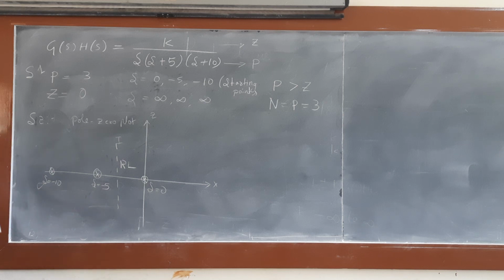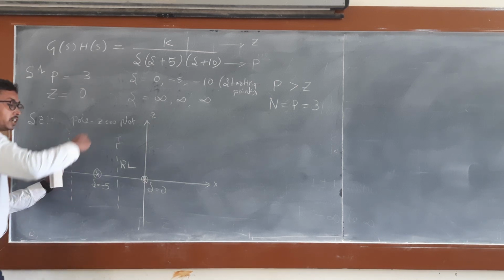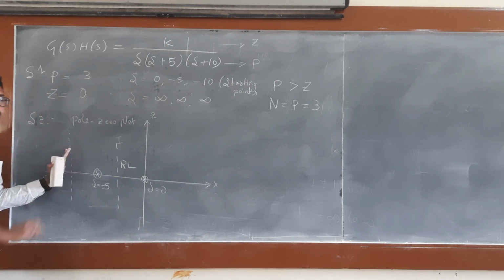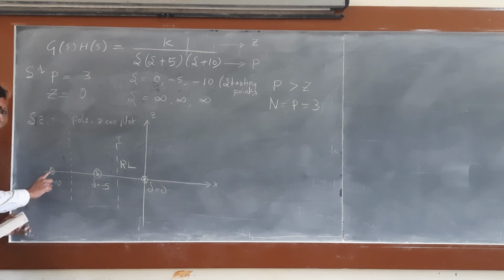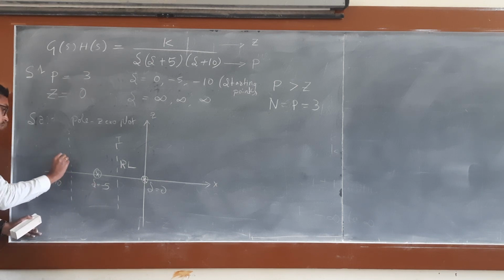Okay. So now I am going to consider another two roots, this one and this one. I am going to draw an imaginary line. How many roots are there to the right side of this imaginary line? Two roots. That means an even number. So therefore root locus is not possible between minus 5 and minus 10. So no root locus.